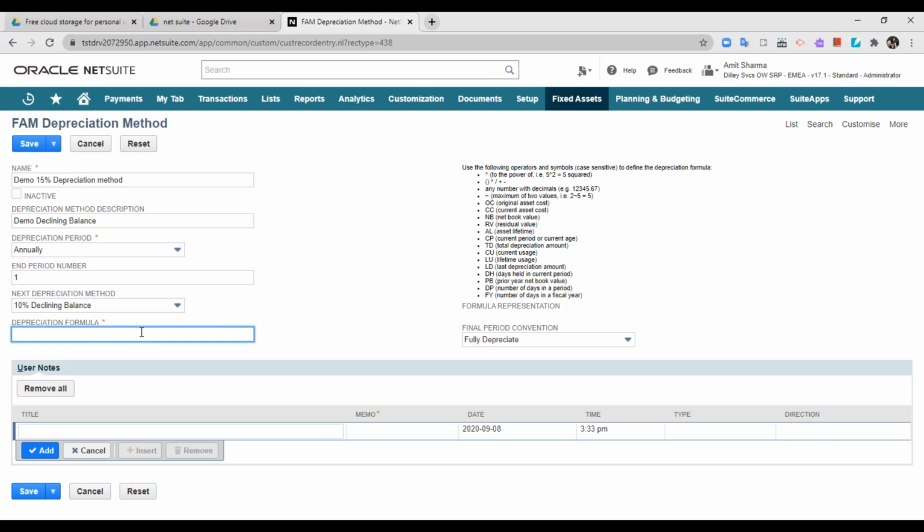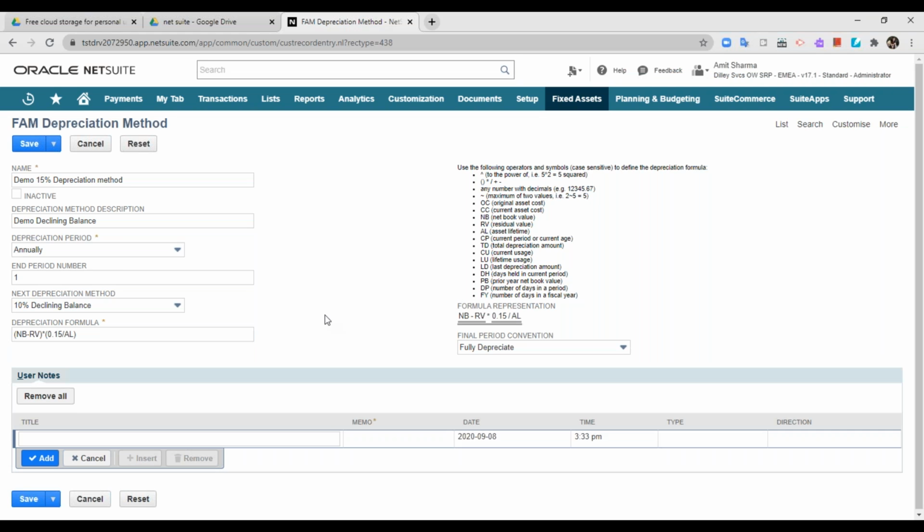You can actually just use them and provide for your depreciation formula. So for the 15% demo depreciation, I'm using the formula which we usually use while calculating the depreciation. So this is the formula that I have put up, for which I would like the 15% depreciation method to be